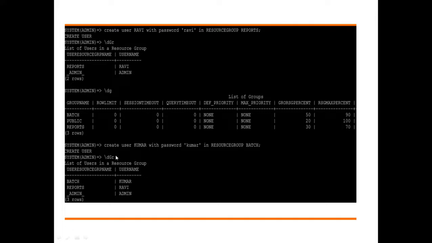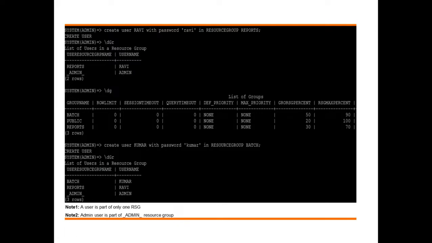So I can see that information using backslash d capital G small r. A user is part of only one resource sharing group. Admin user is part of _admin_ resource sharing group by default. But please note that